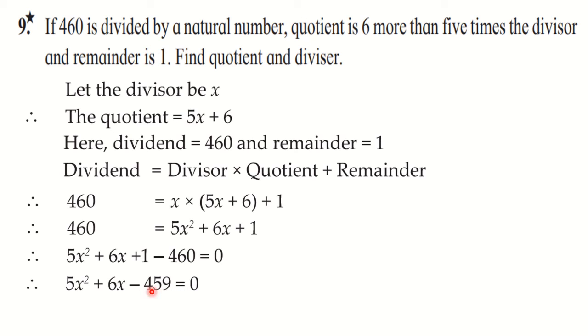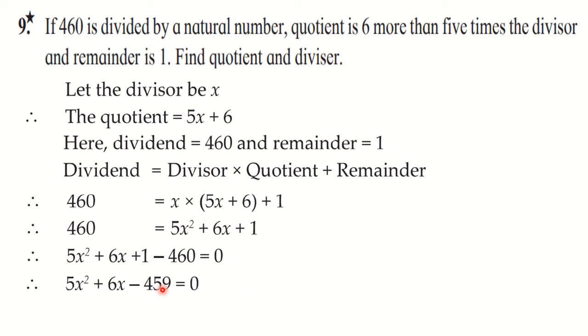Now see, this equation is a little bit difficult. So I said this is not that simple. Here finding the factors is a skill. So here you have to multiply 459 and 5, and then find the factors such that the difference is 6. I have taught you the vertical division method here. You can make use of that method and you will get the factors as 51 and 45.